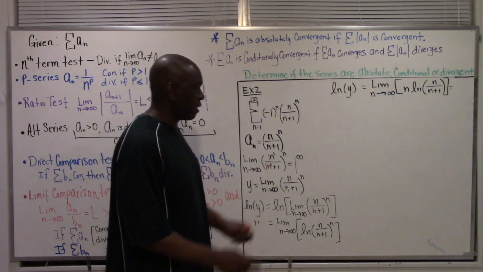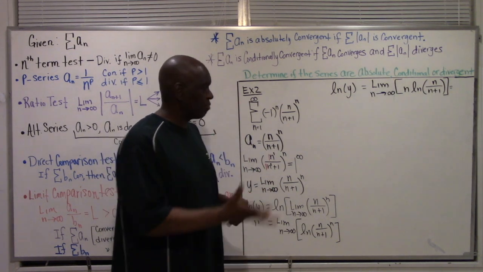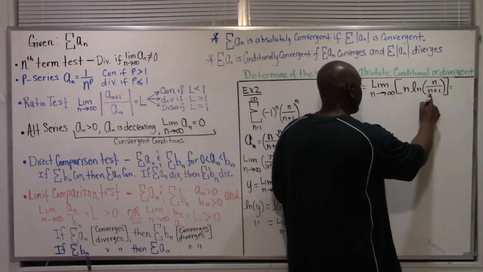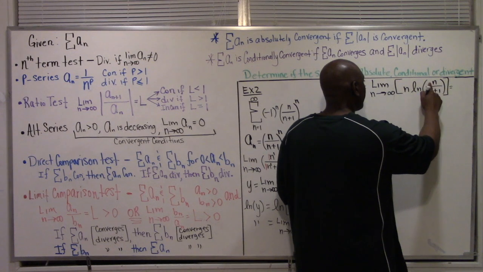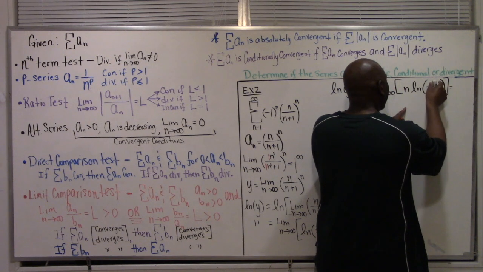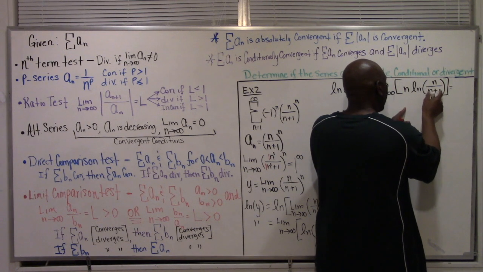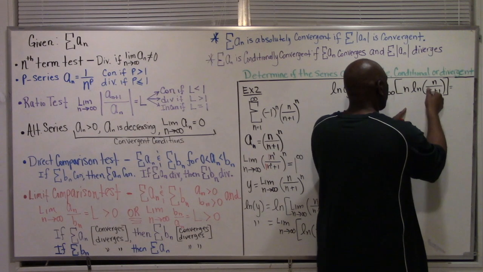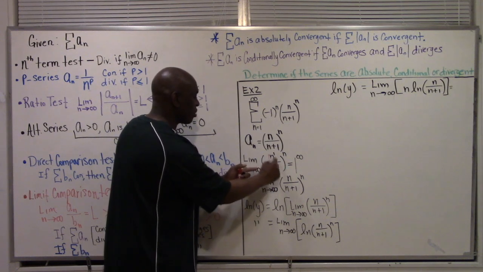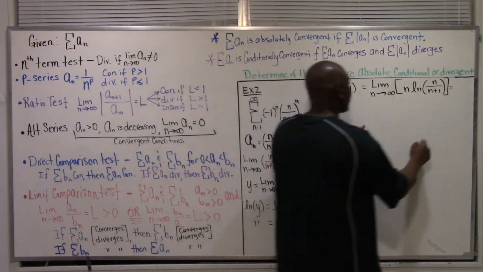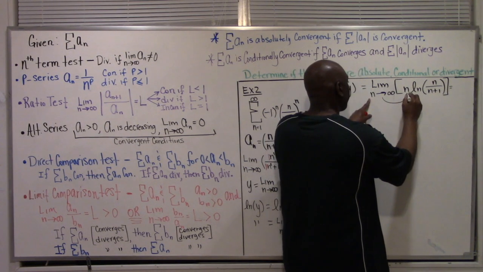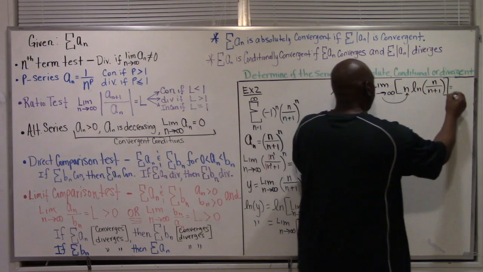Well, what is that going to give us now? Go ahead and plug in infinity for n. If I put infinity right here, and if you look at n divided by n plus 1 as this goes to infinity, it's the same thing we did right here. It's the same result, guys. The result is no different. It's just that in this case, if infinity goes in for n, that's going to give me infinity